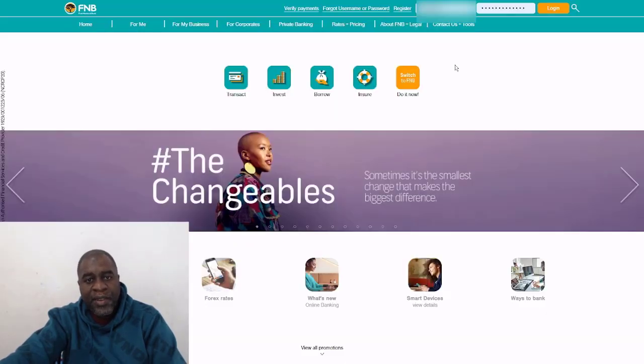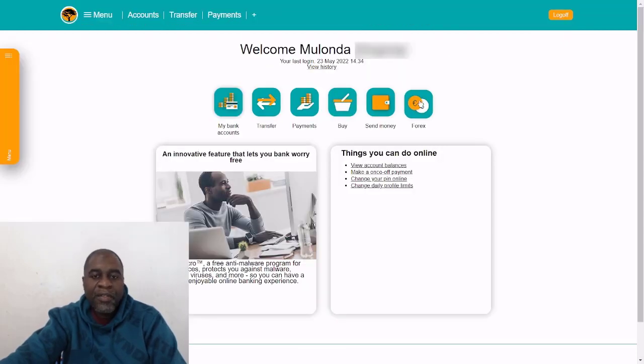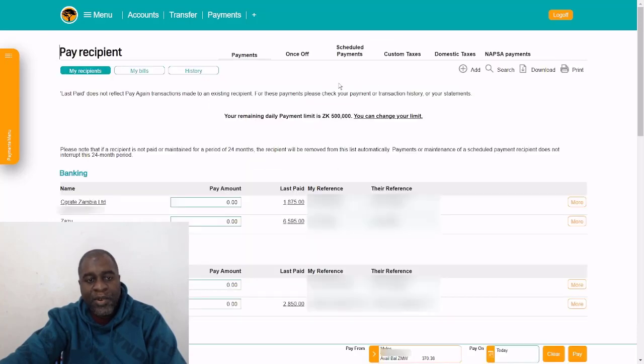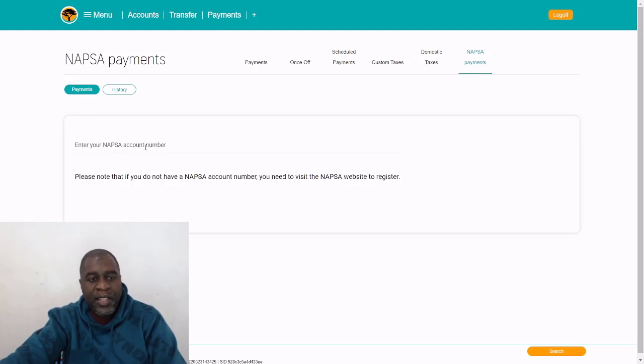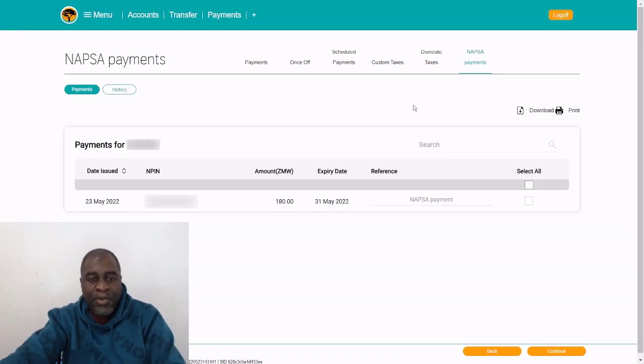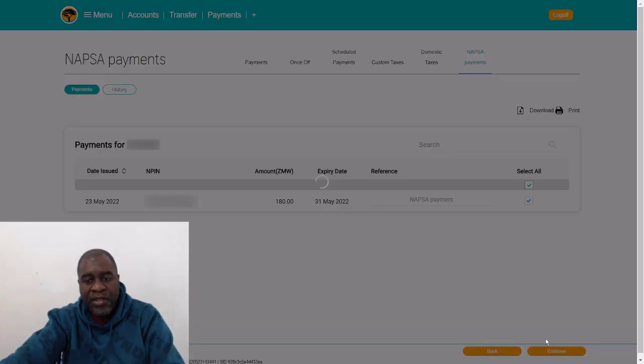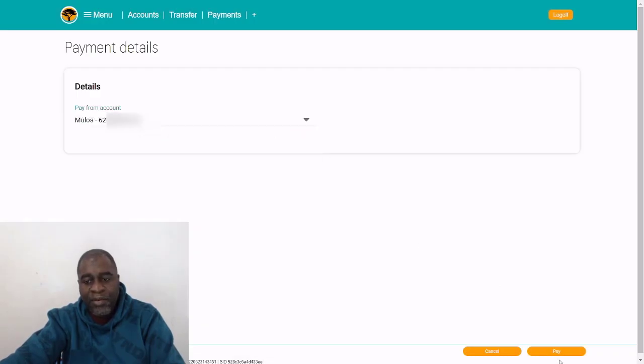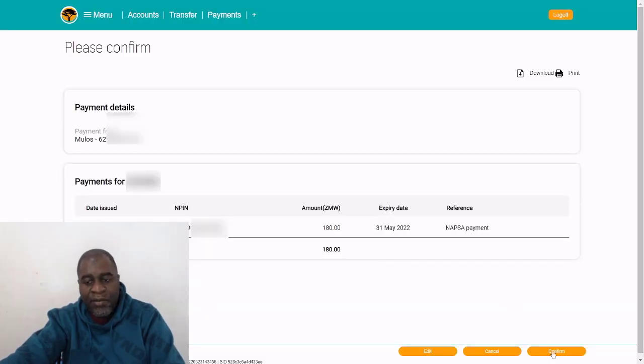It then brings you to the FNB online banking portal, login. Okay, so once you're here in the FNB online portal, you can just simply come here under payments. Then you can skip all of these, just come down here under NAPSA payments. Then here, you need to enter the NAPSA account number. That's the NAPSA employer number. Then you're just going to come down here and search. Then here it has brought in the details, it has pulled out the NPIN, the amount, and you can just simply select all of those, continue, select the account you're paying from, pay, so 180 kwacha, confirm